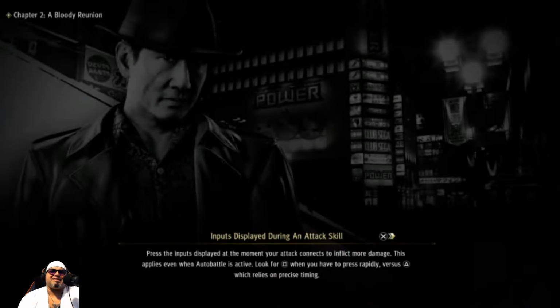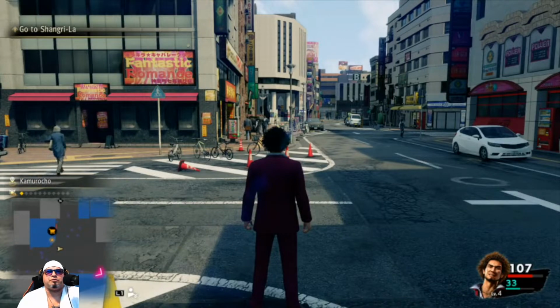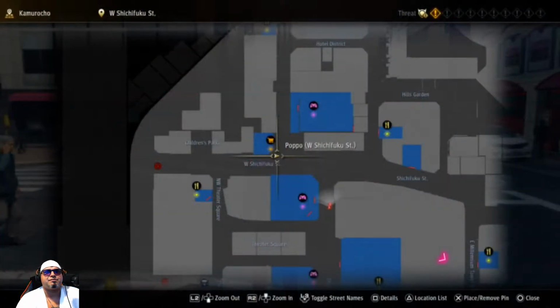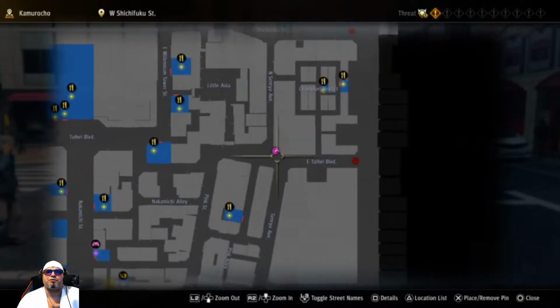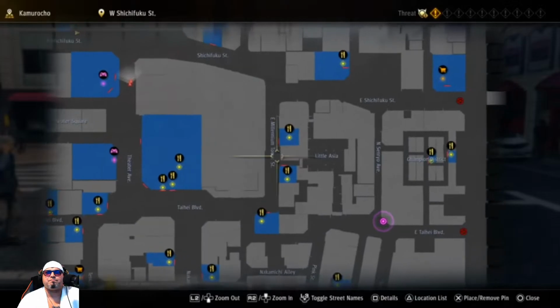I can say myself personally that this game seems to give you no other direction on other things that you should or shouldn't be doing. It kind of leaves you open world, but then at the same time, it keeps directing you to go to certain places, and it always seems to be on the other side of the map.